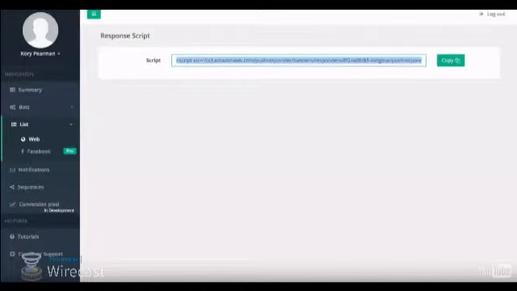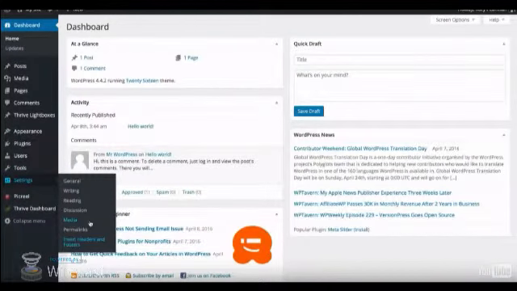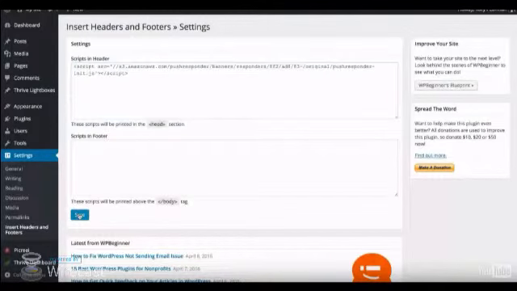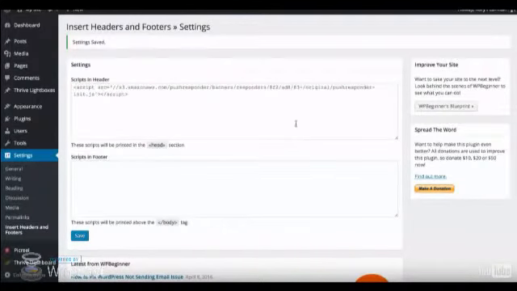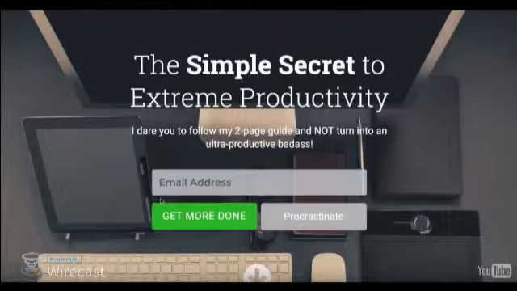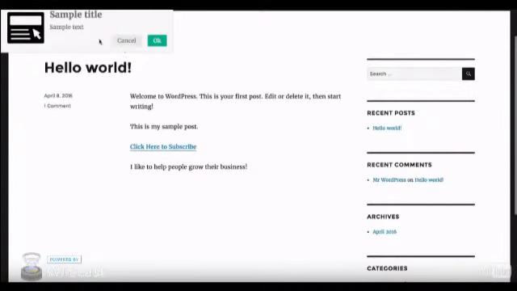And next we are going to jump over to my demo WordPress blog that I have set up, and I'm going to go ahead and paste this into my header section of my blog. So we're going to paste it just like that, click on save, and now I'm going to open up a new incognito window and browse to my website. And once this loads up here, after 3 seconds we should see my pop-up appear as we can see there,